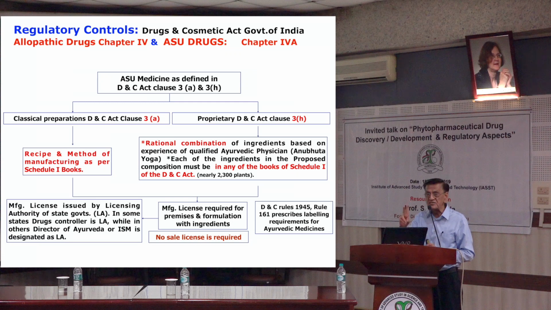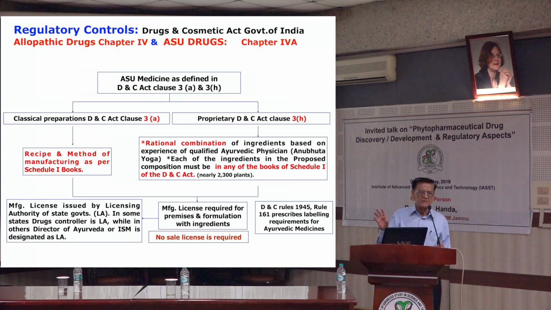So these are two major reasons why we struggled, looking into the plight of our students, that they cannot move forward for the development of a drug if the plant is very rich but is not listed in Schedule 1 of the Ayurvedic books, then probably he's lost. He will go nowhere. His research remains only in the papers and only in the thesis. So these were two reasons why we struggled for about 12 years to get this phytopharmaceutical category introduced into the